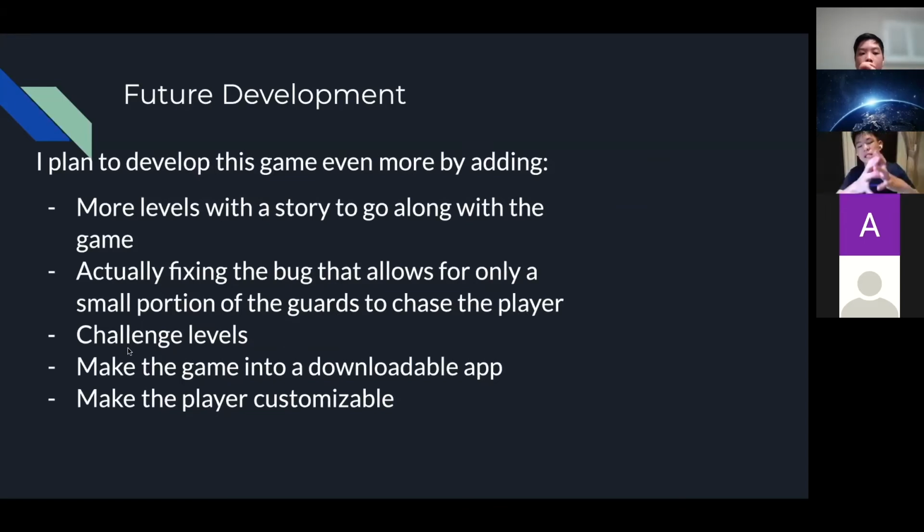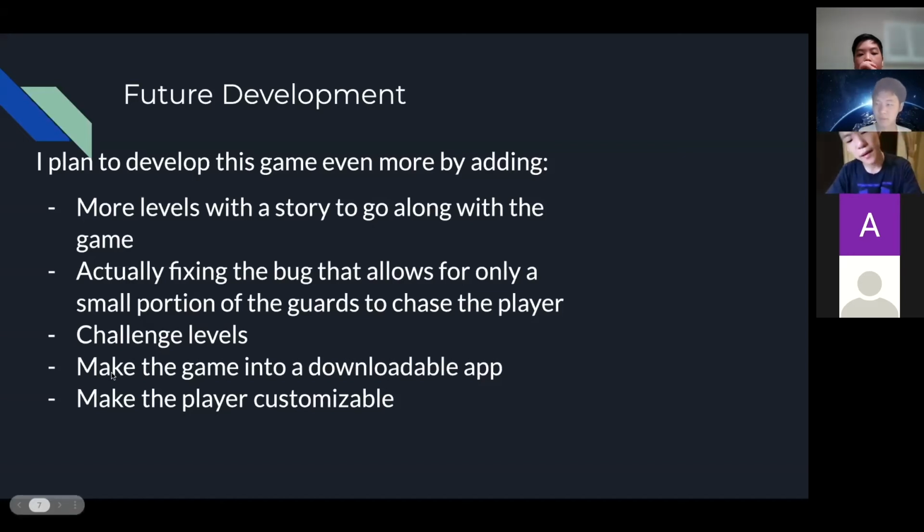I also want to add challenge levels, which are hard but not impossible for the players to challenge themselves on, and separate from the main campaign of this game.